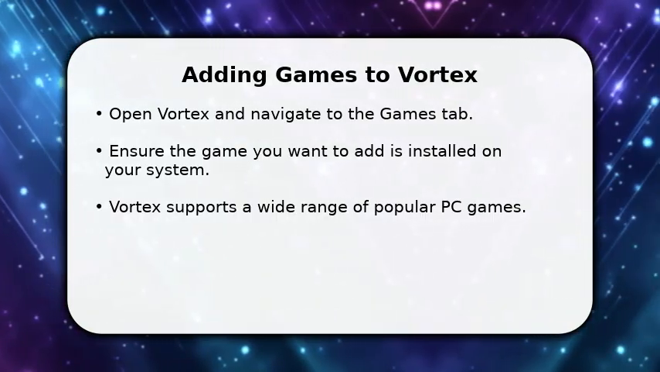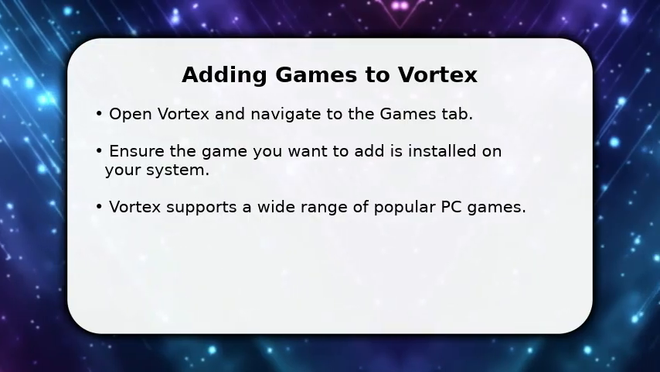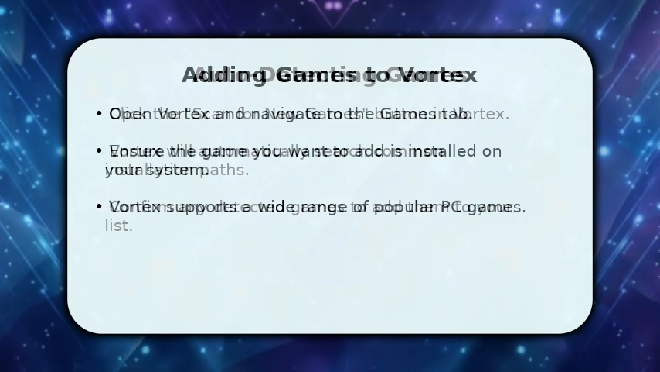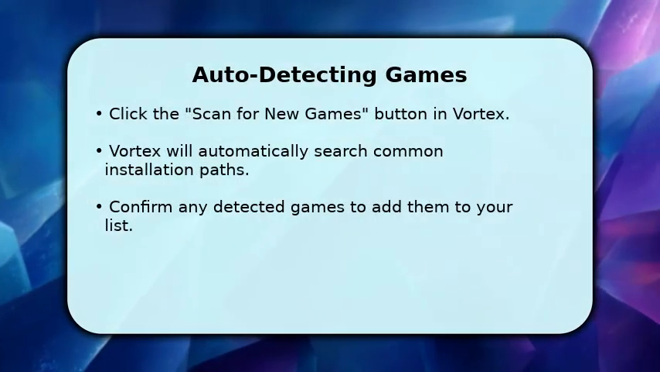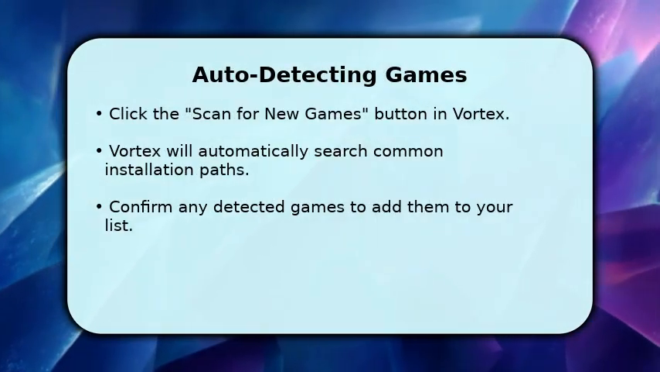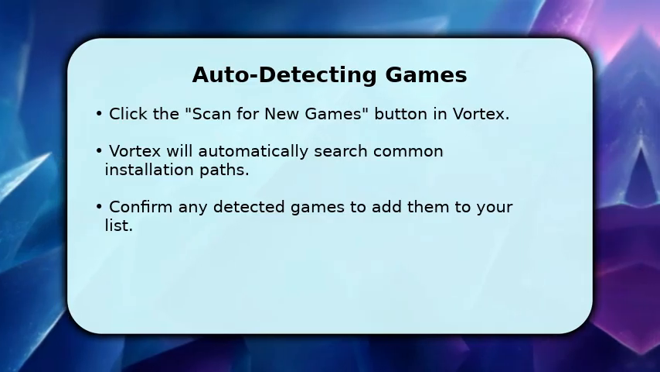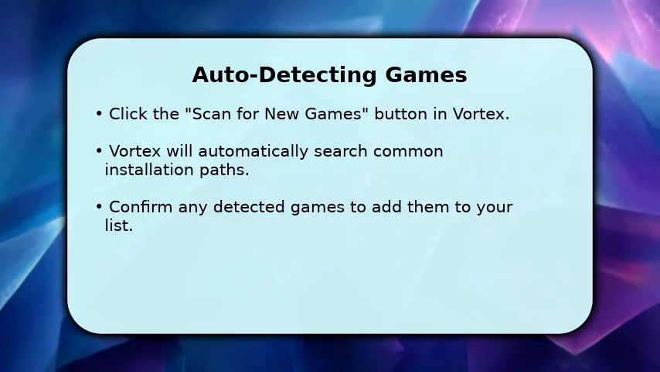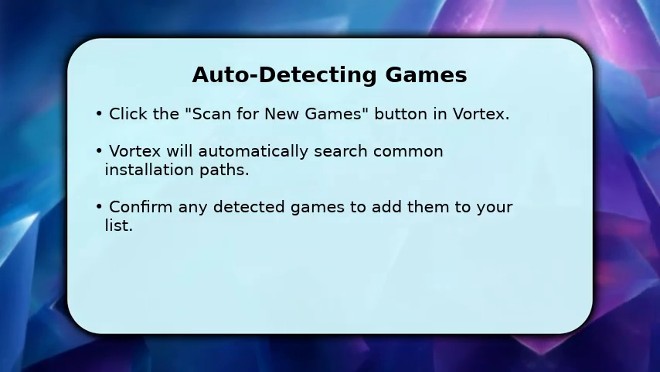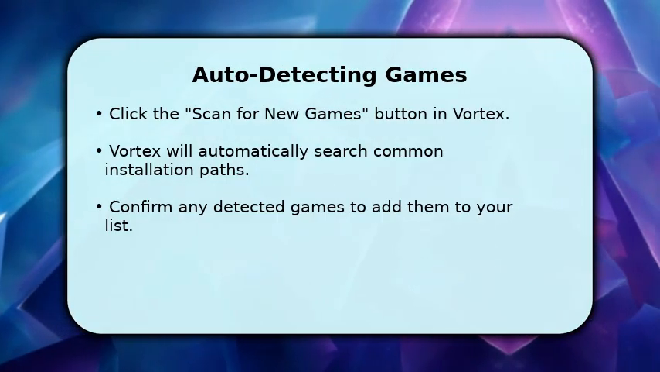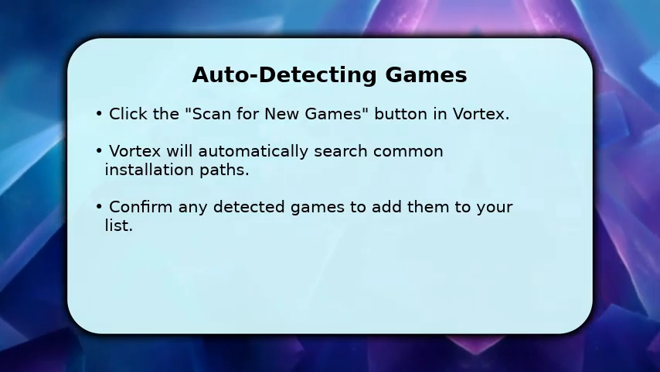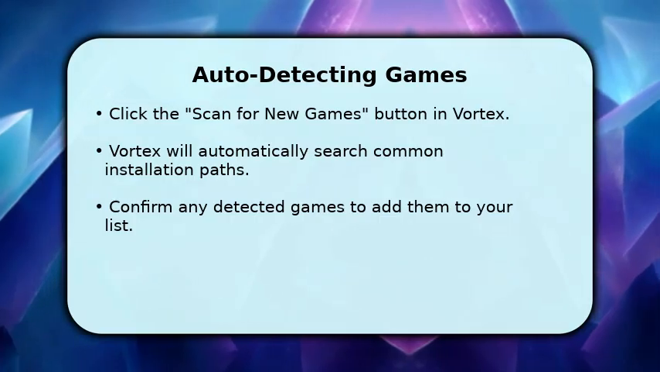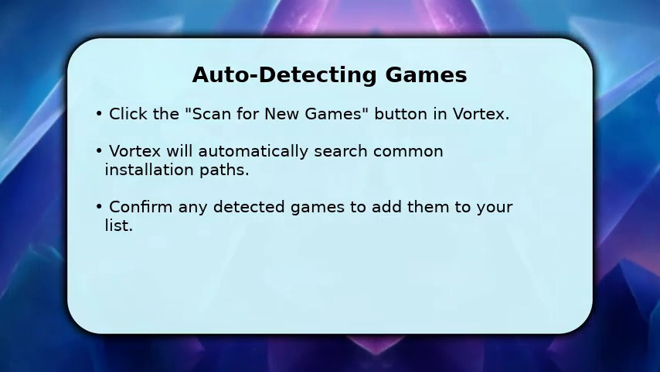We'll start by ensuring Vortex recognizes your installed games, which is a crucial first step for successful modding. After navigating to the Games section, you'll see an option to scan for new games. Click this button, and Vortex will begin searching your system for installed titles. It's quite smart, often finding games even if they're not in standard locations. This process usually takes only a few moments. Once the scan is complete, a list of detected games will appear, ready for you to confirm and add to